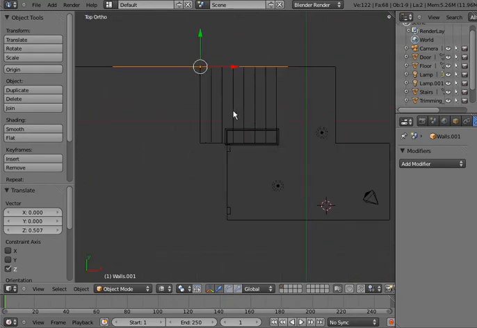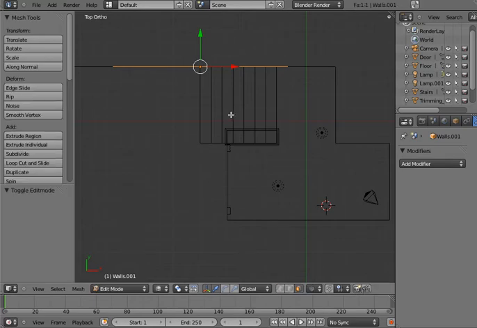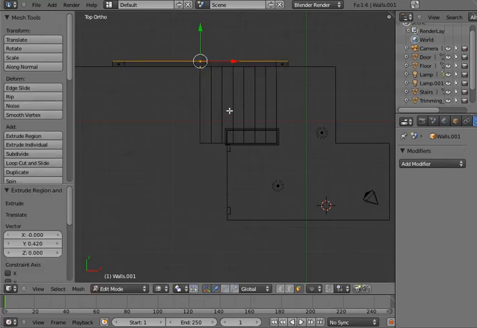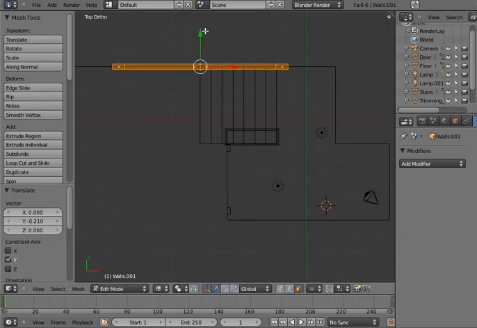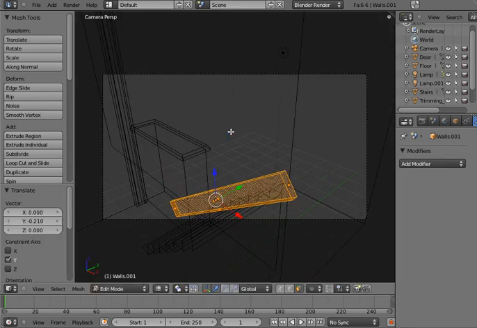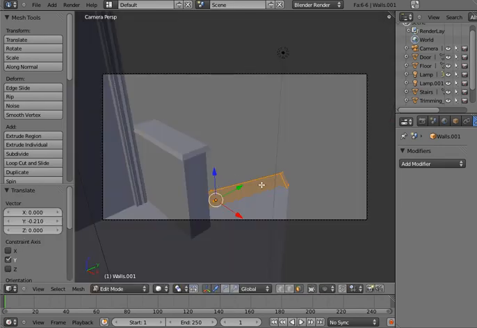I'm going to hit 7, and I'm going to hit E, well, tab in edit mode, then hit E to give it some depth. Hit A to select all and bring it in through the wall. Or hit Z, now we have our nice trimming, but it still needs to move some, so I'm going to